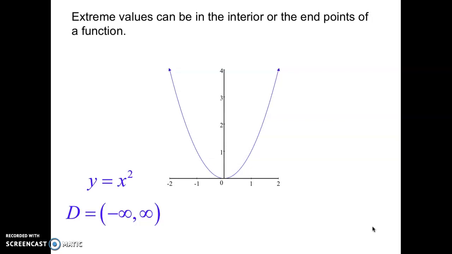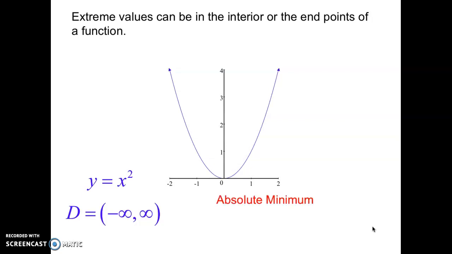one of them. Because remember, the absolute maximum is the absolute highest y value or output value that a function will attain, and the absolute minimum is the absolute lowest output or y value that the function will attain. Now, if I looked at this function, y equals x squared, classic parabola, and I looked in the domain from negative infinity to infinity,